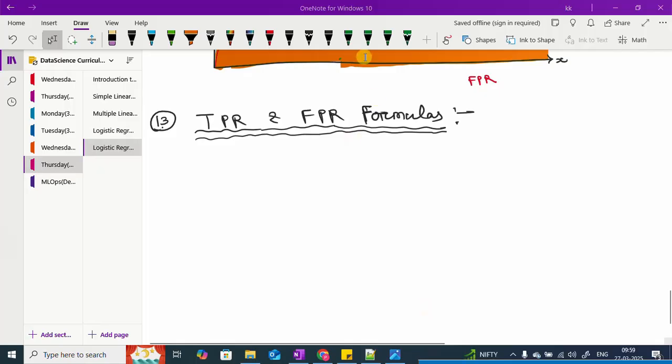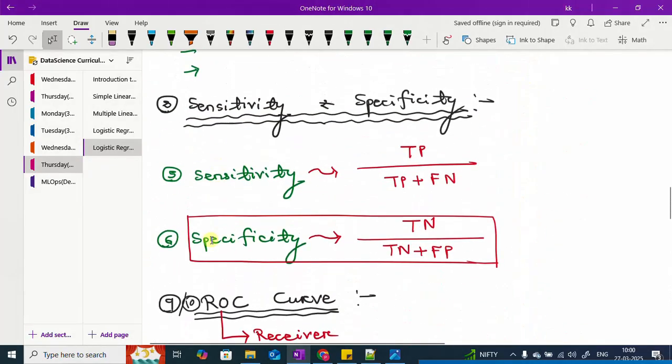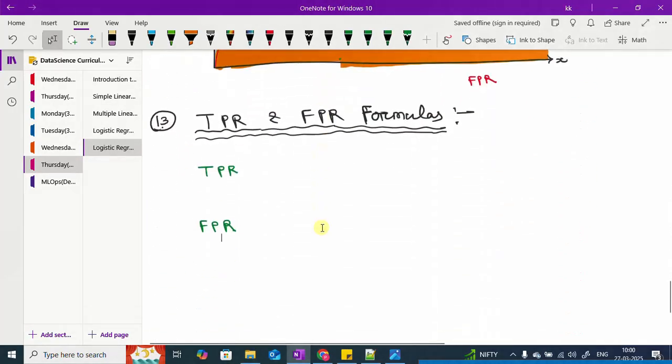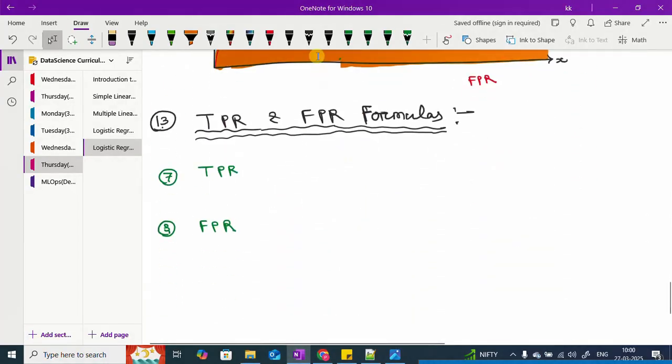Now coming to TPR, let me write down first TPR. Another one is called FPR. This is also a kind of different evaluation metric. So this is 7 and this is 8. Now coming to TPR, the formula of TPR is true positive divided by true positive plus